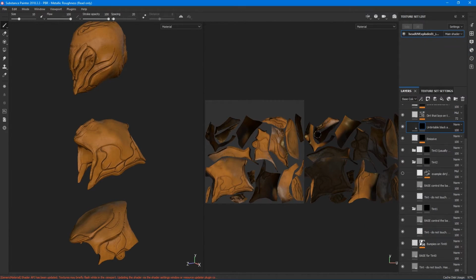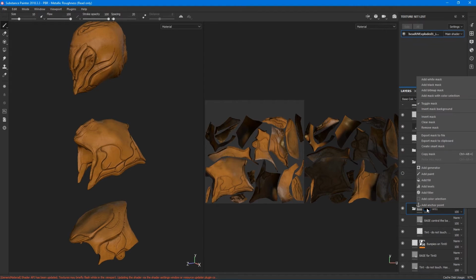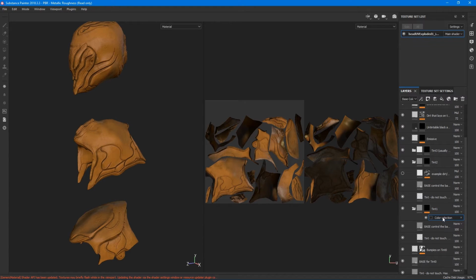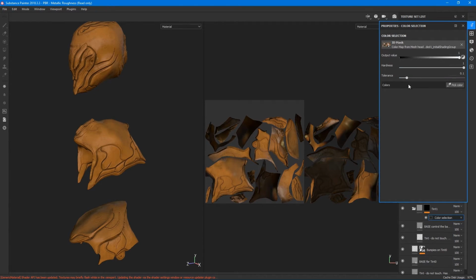You see that the colors are live reflected, and all I need to do is start going here. When you see the top level folder, the base is the base diffuse color. But if we right click the little black mask in this tint mask and choose add color selection, it's going to ask you what you want to do. You'll see the color section is now active, but where's the dialog? You need to go up to the little paint stroke icon on the top right hand corner, and this gives you the ID map color selection